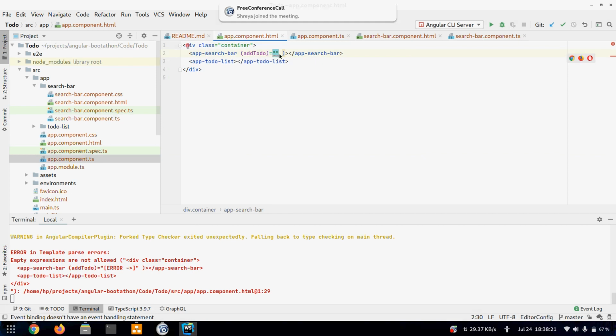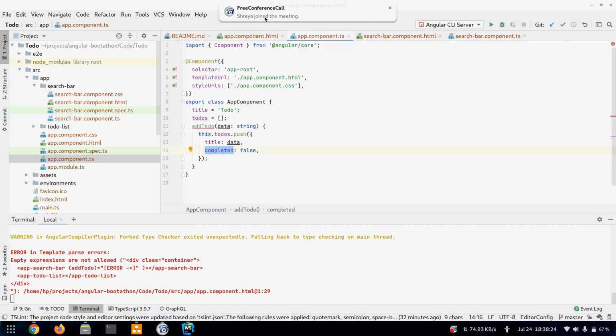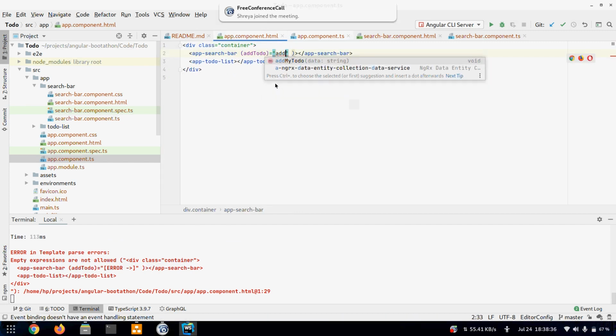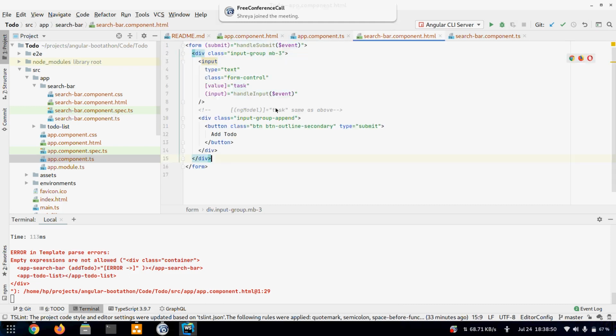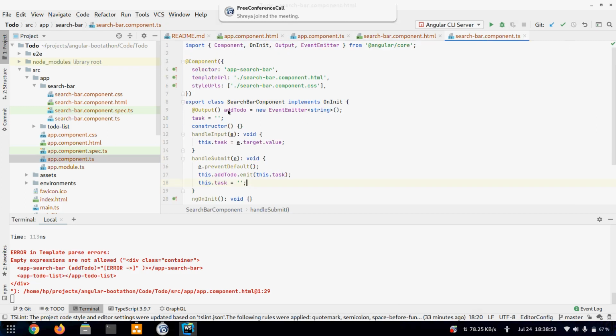So now let's register this. We added addToDo. Let's change this name so that it won't be the same. Let's make this addMyToDo. And the same way, like we use $event to get whatever data is passed whenever an event occurs, this addToDo needs to match with whatever we have typed here.